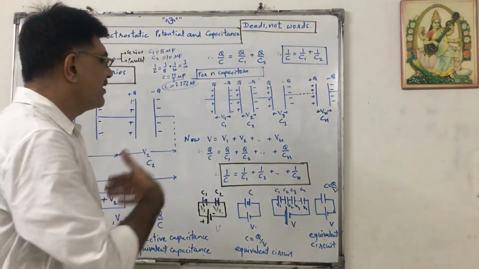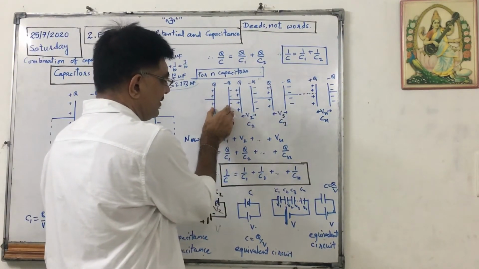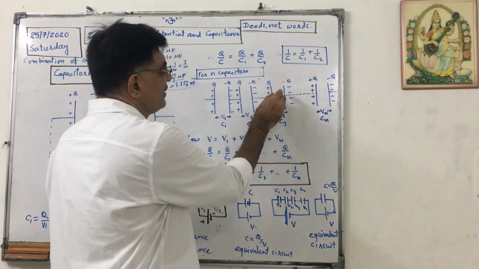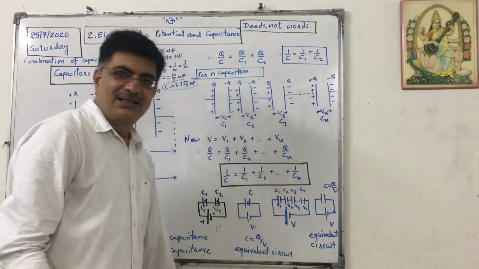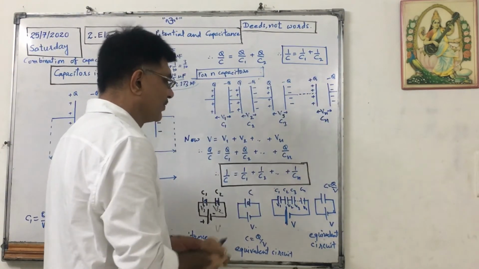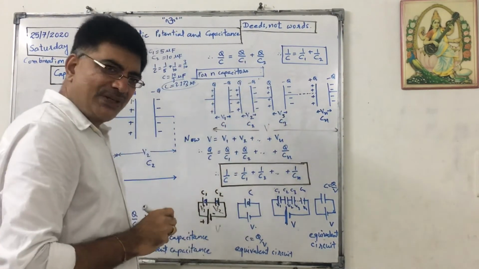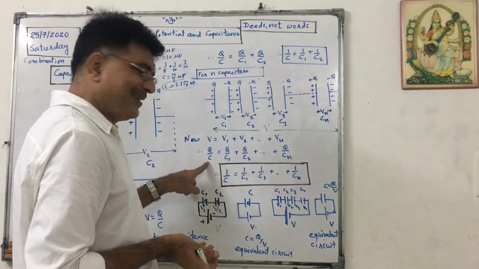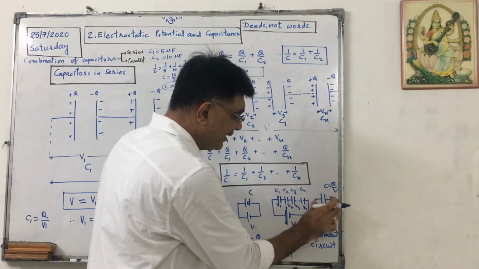Now if we take n capacitors, we can write like this. This is first capacitor having capacitance C1, this is second having capacitance C2, this is third having capacitance C3, this is n having capacitance Cn. And potential differences are V1, V2, V3 up to Vn, and total potential difference is V. So here V will be equal to V1 plus V2 plus up to Vn. V is Q by C, where C is equivalent C. This is the simple figure of this, and this is equivalent circuit.